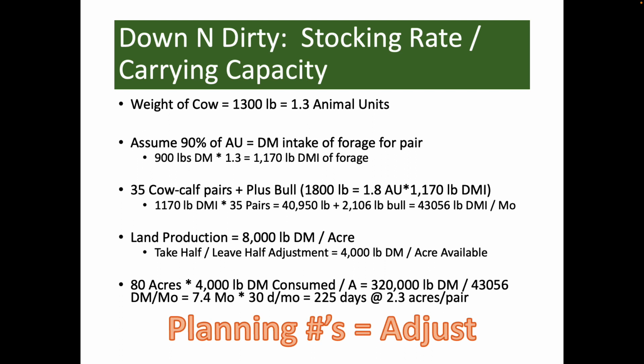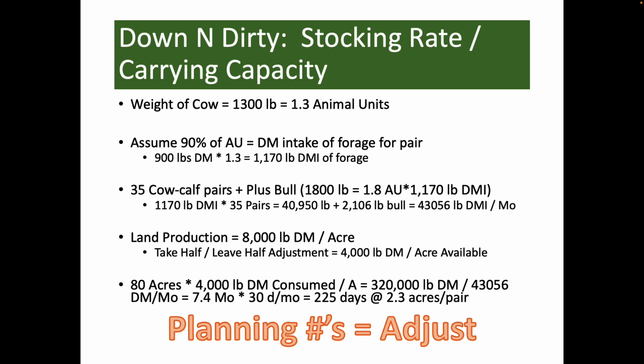Okay, so I just went through all that math, and we got that really specific. Does that mean that I can go out there with my 35 cow-calf pairs and my one bull? They're all going to weigh 1,300 pounds. He's going to weigh 1,800 pounds. They're going to eat this every day, and we can roll with 225 days of grazing with 2.3 acres per pair. In an ideal situation, yes,